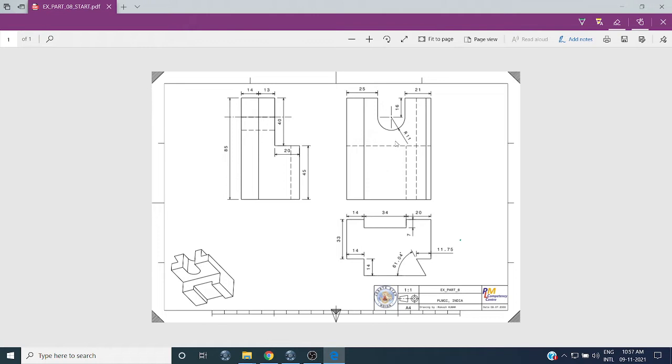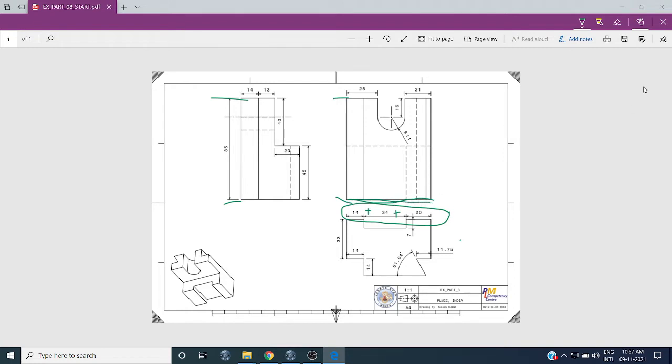As you can see, if you start from the middle, then both sides will become equal. So what is the dimension? This dimension is the same as 85. And this dimension, how much is it? 14 plus 34 plus 20. This is your dimension.